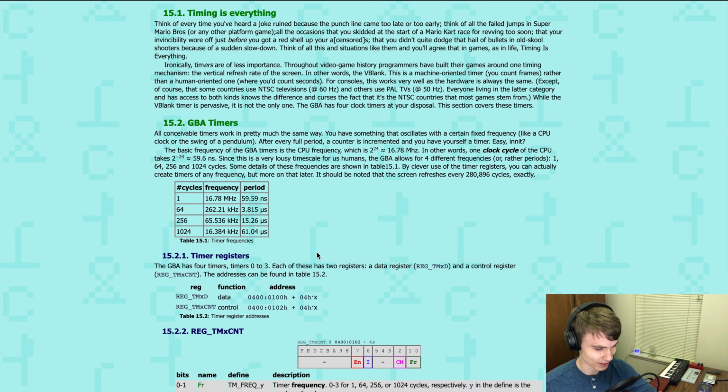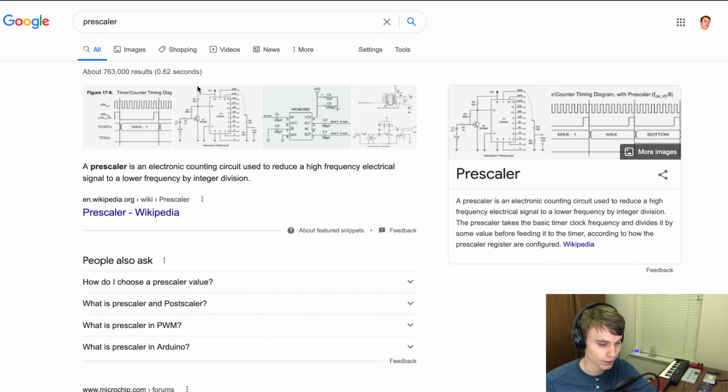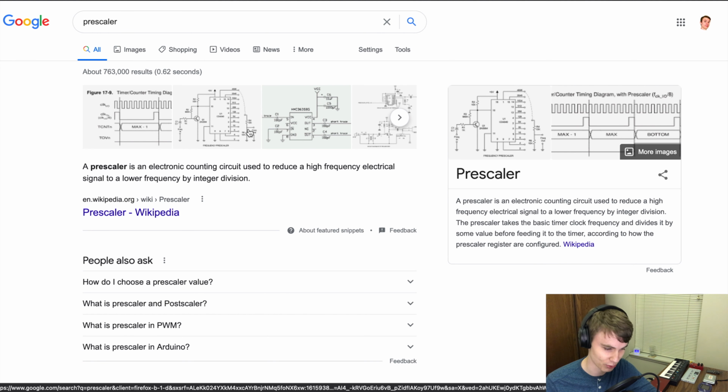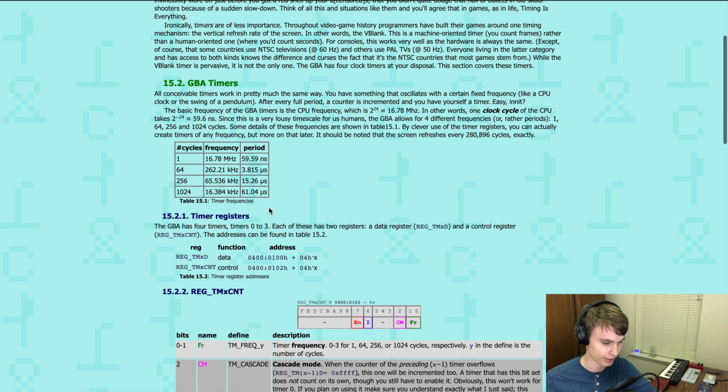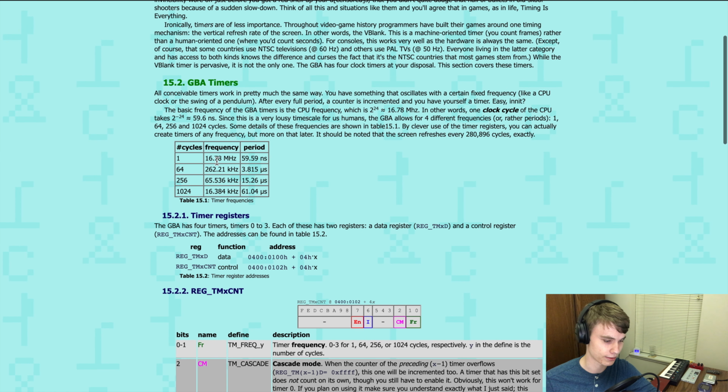Okay. So that's a little bit of a weird number there, and it gives us a period of 59.59 nanoseconds. Very, very precise, but it is a little bit too small for us. So what can we do to get around that? What can we do to get a nicer value? Well, it turns out we can use something called a prescaler, which we can use to divide that frequency and make it into a beautiful frequency that we can use. And so it turns out, actually, if you divide, I think it's 16.77, which is roughly 16.78 megahertz, if you divide that by 1024, you get about this number, which is